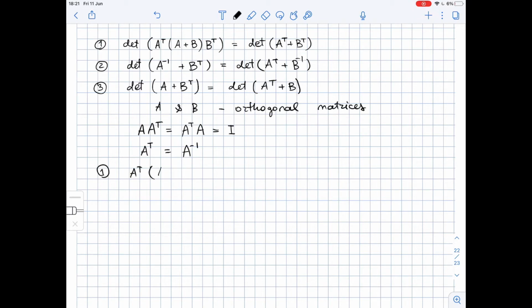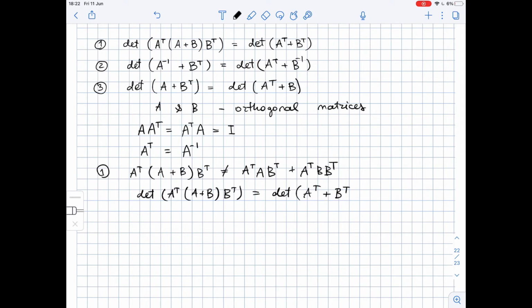A transposed times A plus B times B transposed is not equal to A transposed times A times B transposed plus A transposed times B transposed. So we cannot open our parentheses like this. That means that the determinant of A transposed times A plus B times B transposed is not equal to the determinant of A transposed plus B transposed, because we know that